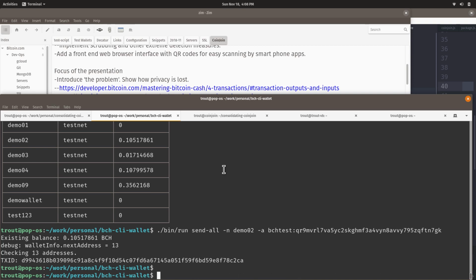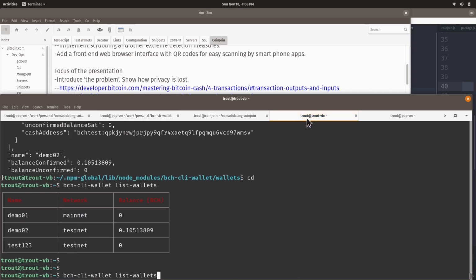Let's see. This is the actual wallet I was just using. So where was that CoinJoin command that I issued? There we go. With this CoinJoin command, you can use the server that I set up, which I'm going to be doing testing on, and I recommend that people join in and help.